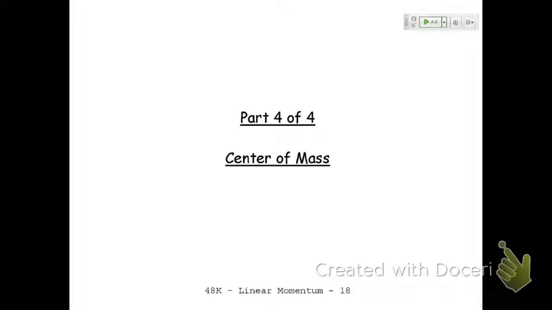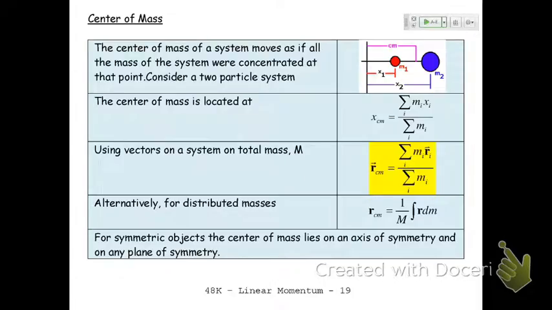So let's start. This is centre of mass, and centre of mass is important because things revolve around their centre of mass, and we tend to take things like gravity from the centre of mass of one object to the centre of mass of another object. So sometimes it's valuable for us to work out where the centre of mass is, and there's several different ways,